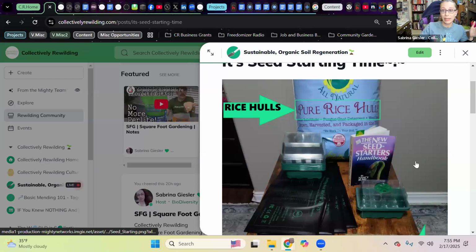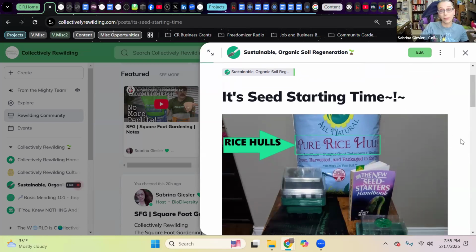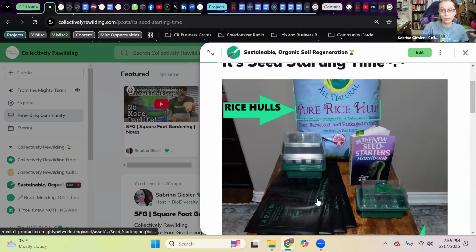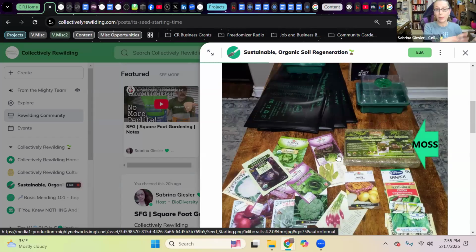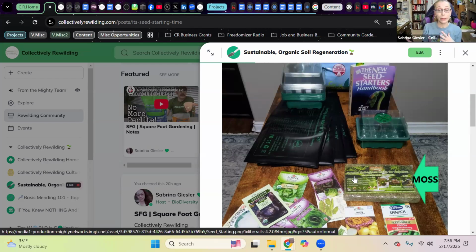Mel has a great recommendation that you take these bags, cut a slit all the way along the front, leaving a flap so that you can reuse them, right? We're all about reduce, reuse, recycle. That's an excellent way to also not have to pay money for anything. You can then put your mixture, whether you choose Mel's mix or CR's mix, back into those bags to store if you have some extra. When you're making the mix, I do encourage you, as Mel does, to make some extra so that you have that there already as you continue on into the season.